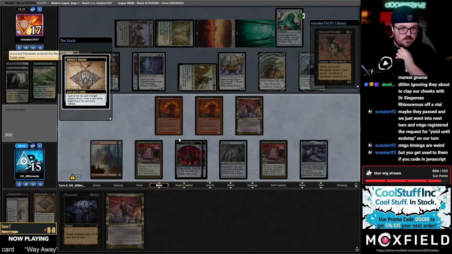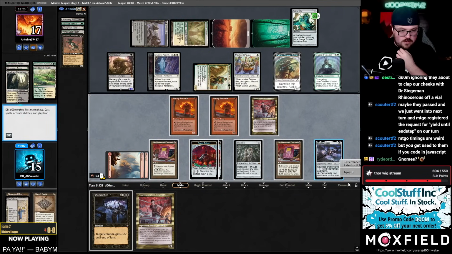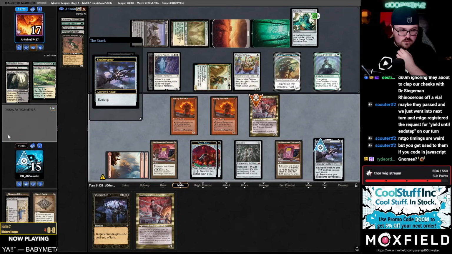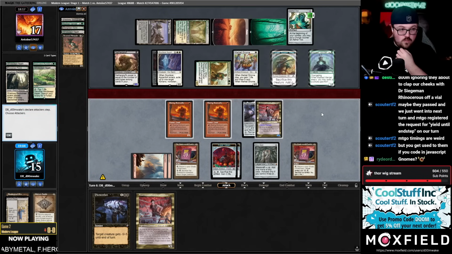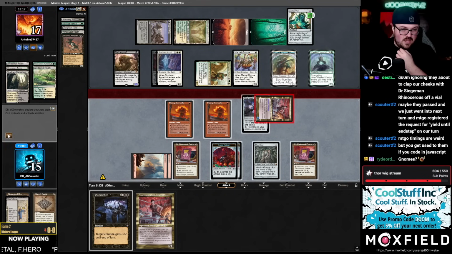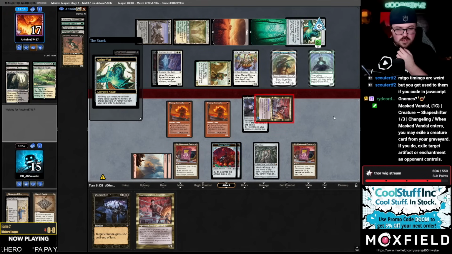What you got over there? A Cursed Marauder. Is this non-token, right? But I can still just sack a Rootwalla. So we go equip here. And then I think we should just this. I could offer the trade of Rootwalla for Masked Vandal, but